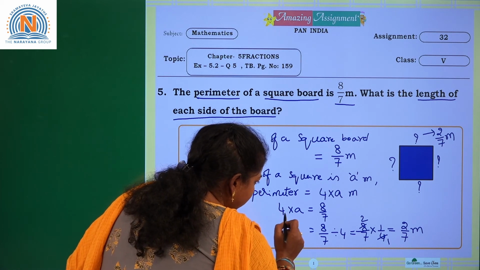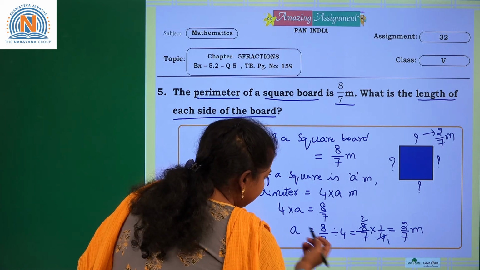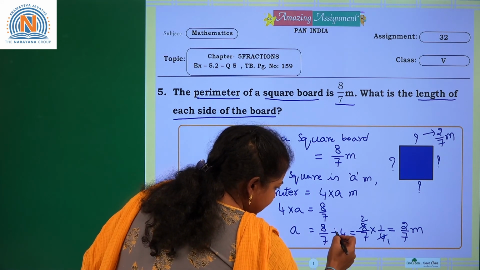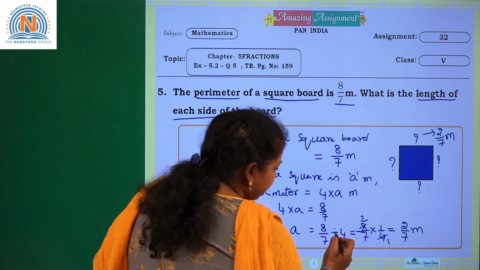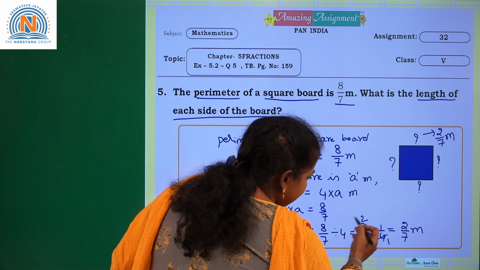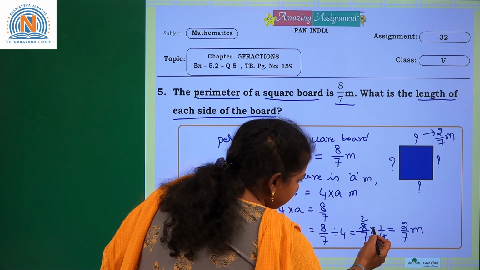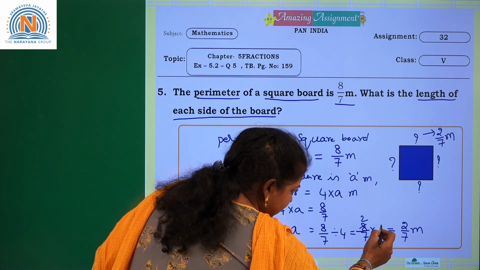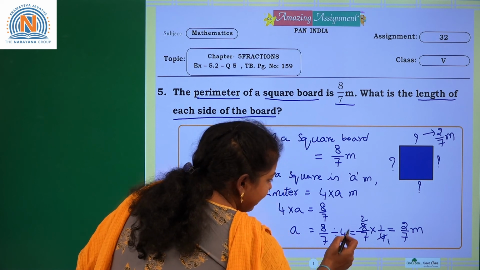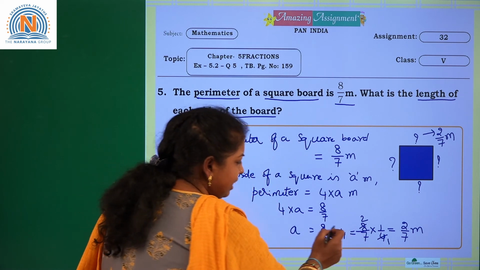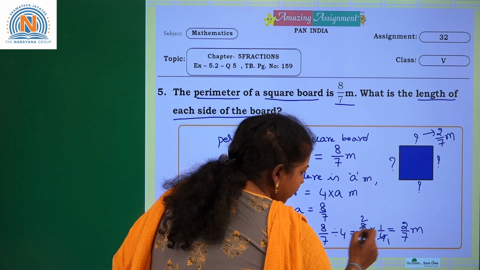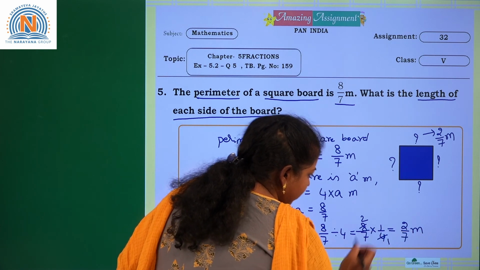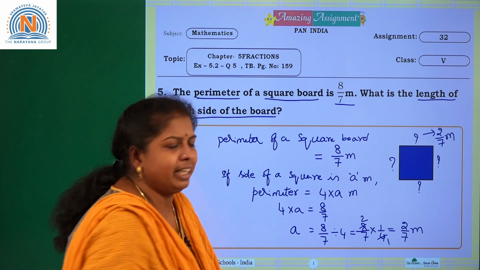to the right hand side, since it is on the left hand side portion. So, divide 8 by 7 divided by 4. The divided by symbol is there, and then you have to convert it into multiplication. After converting it into multiplication, you have to multiply with the reciprocal of the divisor, that is 4. The reciprocal of 4 is 1 by 4. So, 8 by 7 into 1 by 4 will become 2 by 7 by simplifying.